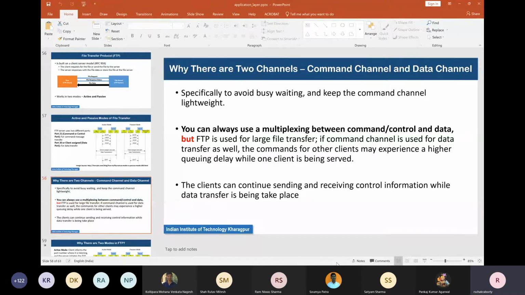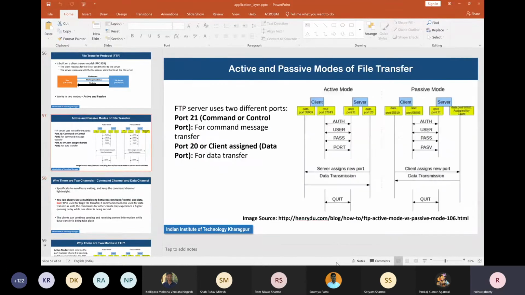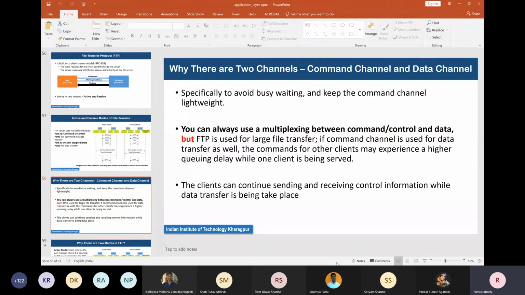And another thing is that if the command channel is also used for data transfer, and the data is often used for very large file transfer, like extremely large file transfers, like say a 100 GB file or something, then the command channel gets blocked until that complete file has been processed.